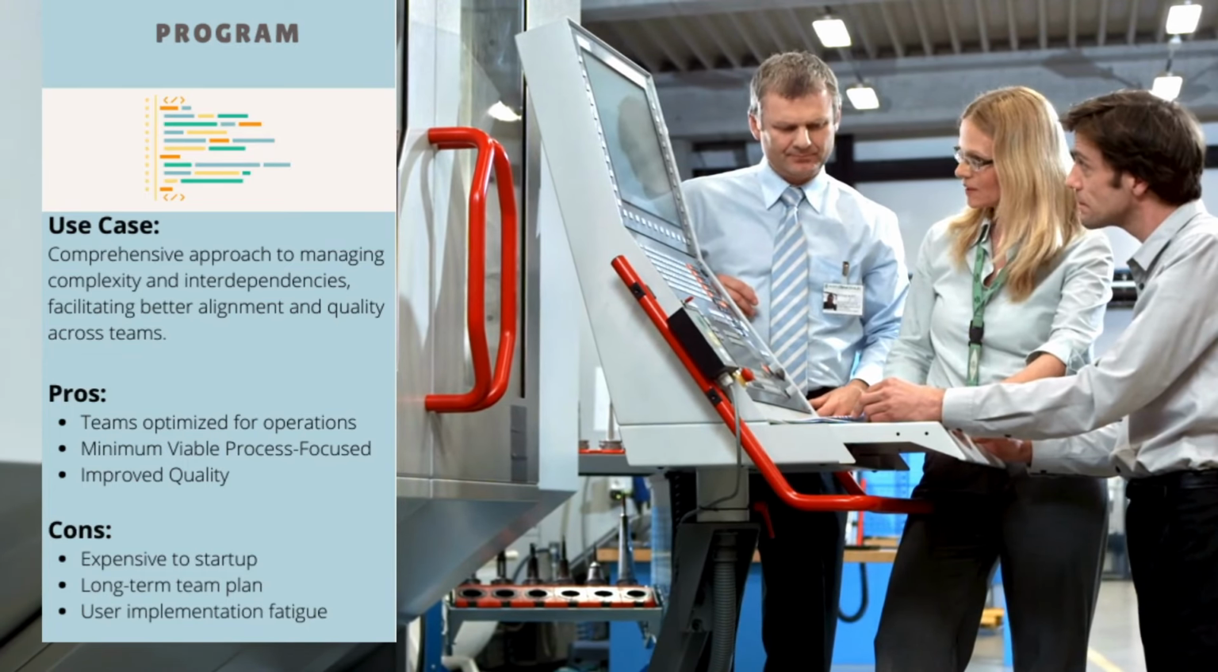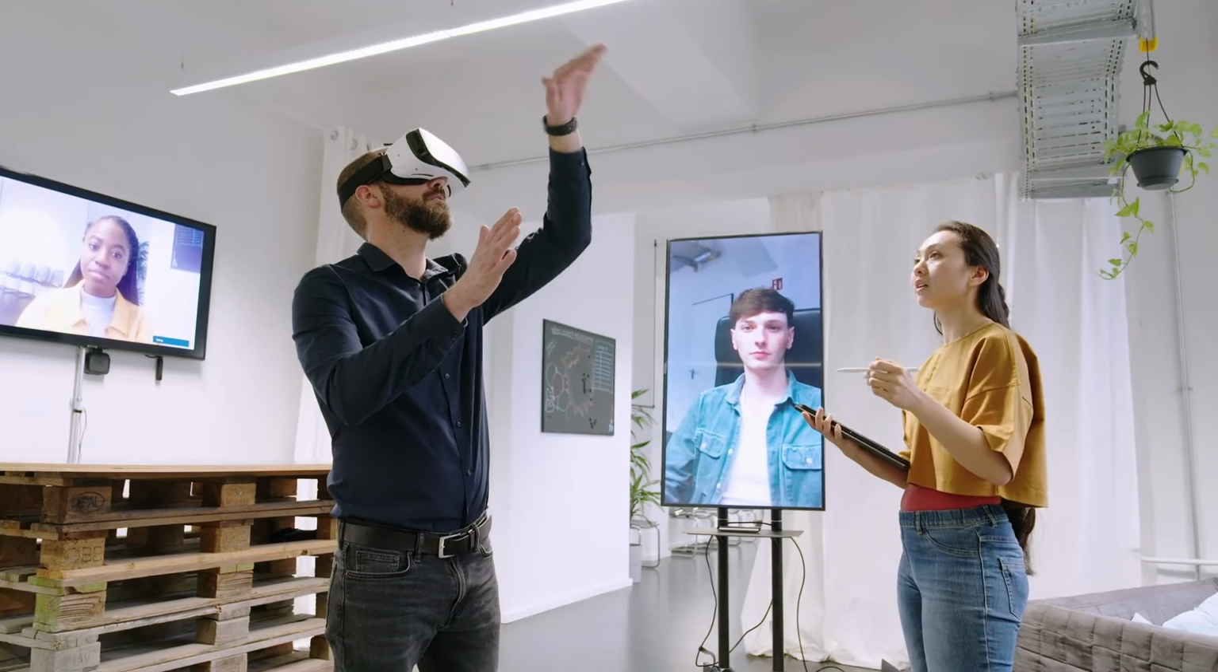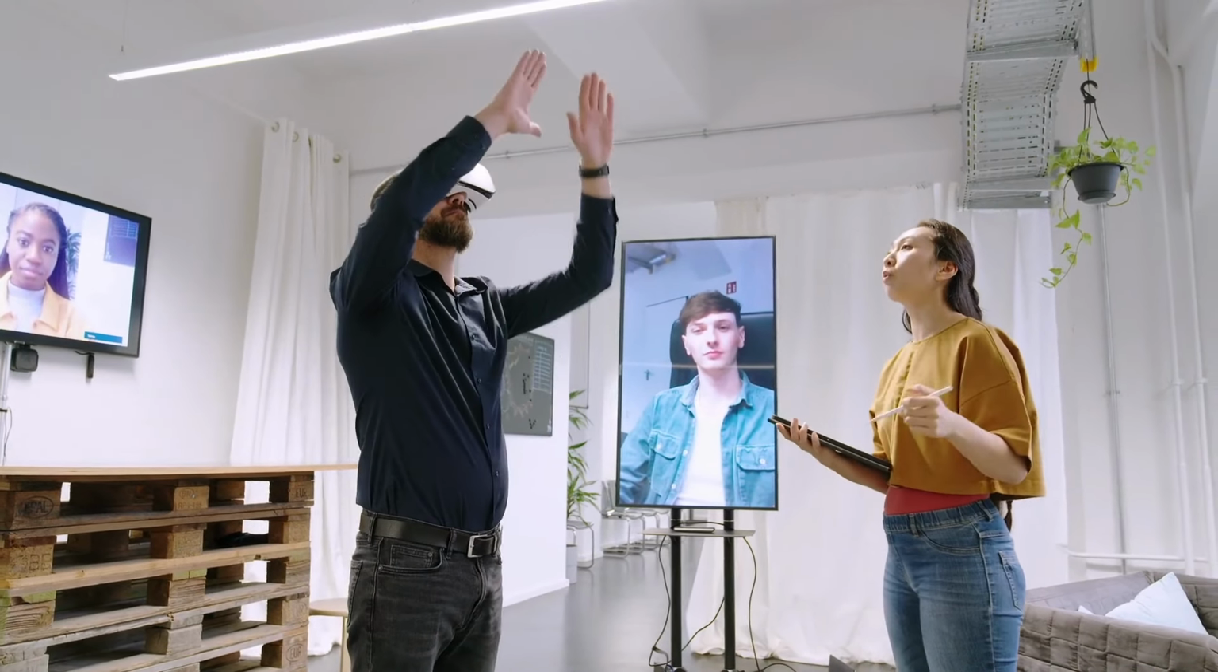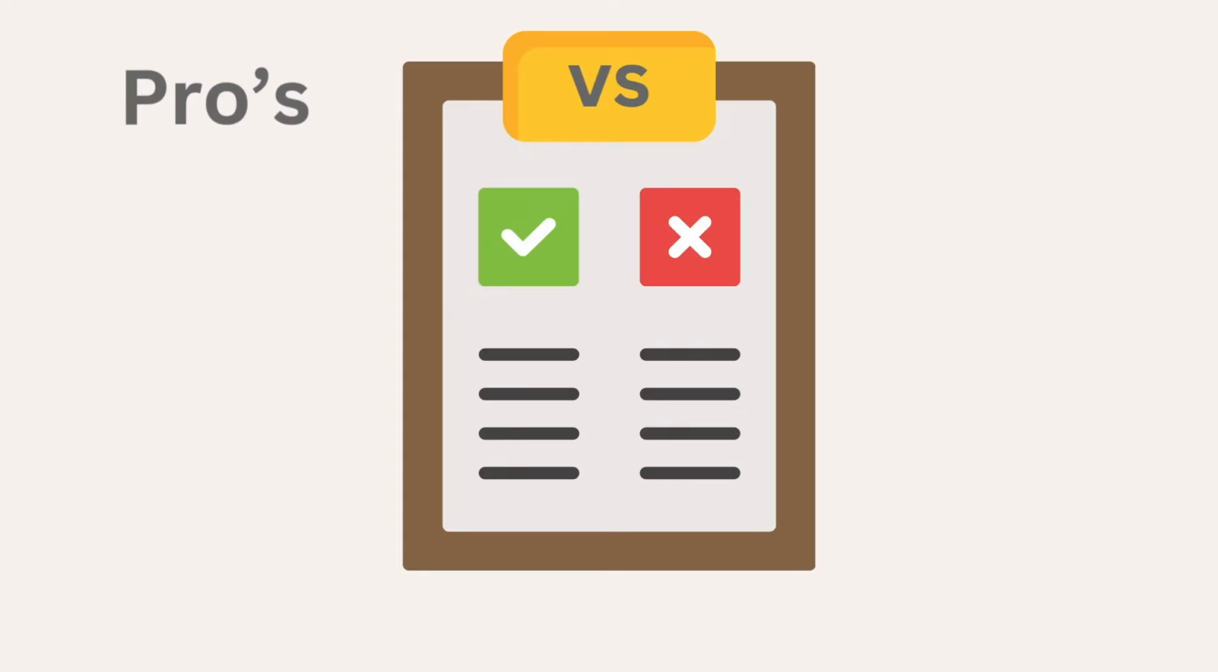Program is aligned to how departments and teams work. So this is a comprehensive approach to managing complexity and interdependencies, facilitating better alignment and quality control. Departments and teams constantly need to focus on keeping their work up to speed, up to quality levels. The pros here are teams are optimized, teams are engaged, and teams create this collaborative knowledge sharing environment, which